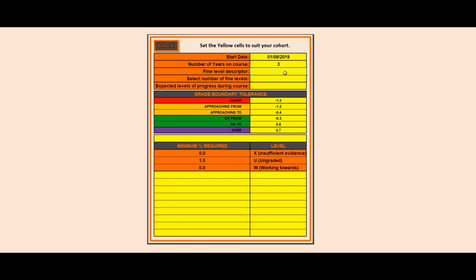So for this example I'm going to go decimal points, so 0.1, and obviously therefore we're going to have 10 of those. You could, for example, put in something else like a plus, and you could have 3 of them, so you would end up with level 1, 1 plus, 1 plus plus, and then 1 plus plus plus. But for the sake of this course we're going to go with the decimal point, and therefore we want 10 of them. And I expect my students to start in year 9 and make 2 levels of progress by the